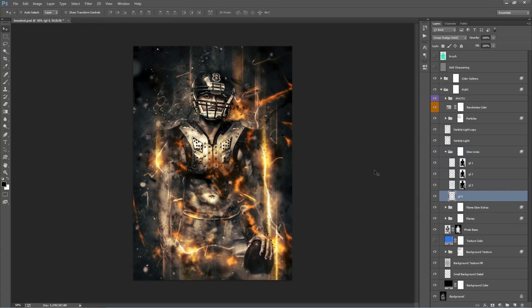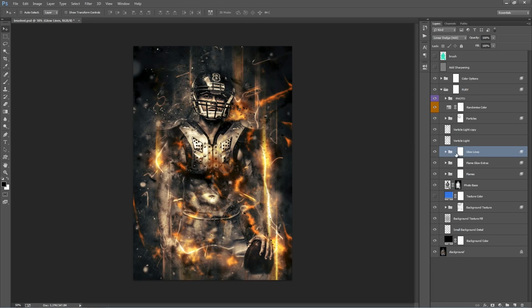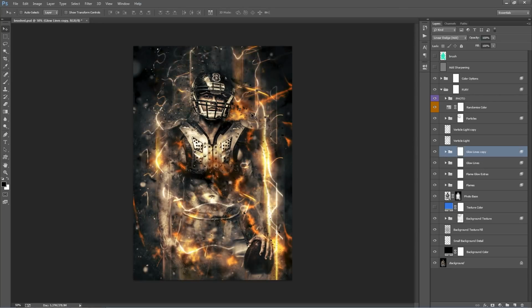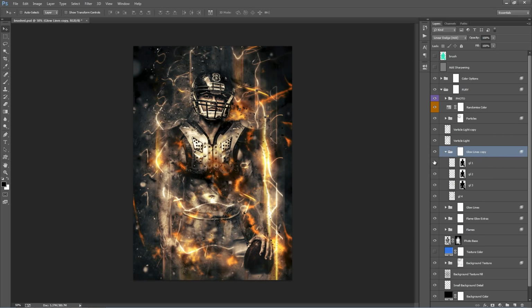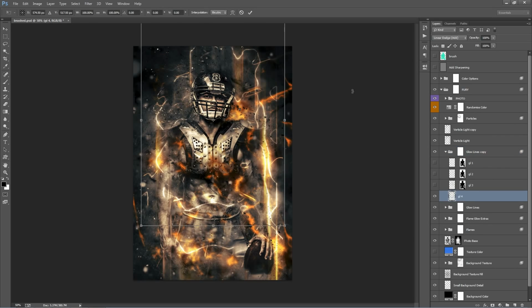different layers, and so you can freely just move those around. You can duplicate them. So what I like to do is I'll select the entire folder and I'll go Control J. So I've just made a copy of the folder. I can move that folder, say, up, and then I can play around with,